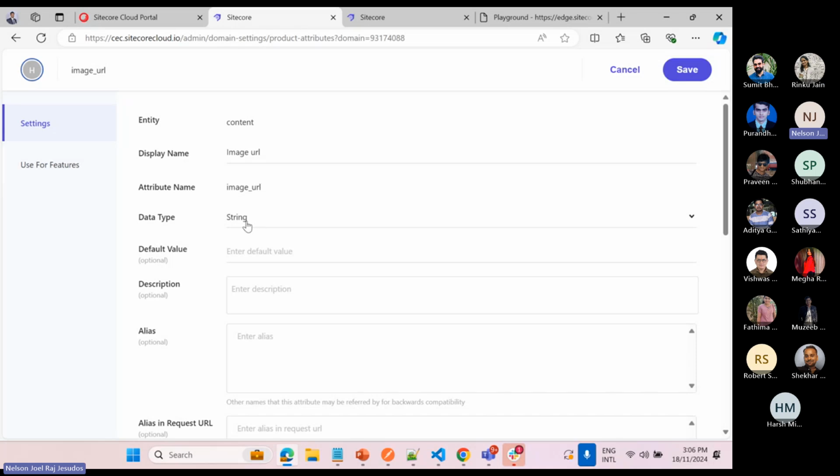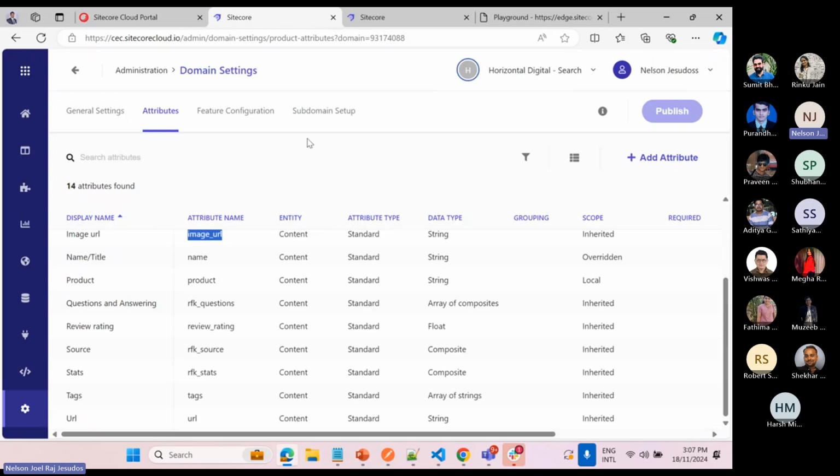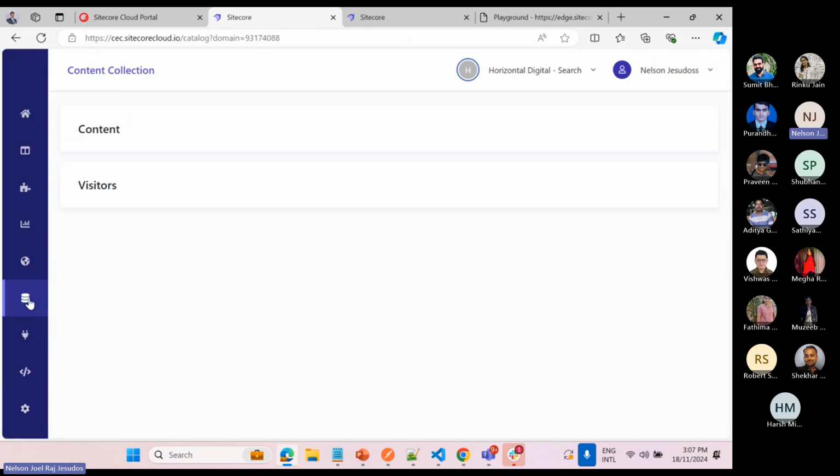Say you want to show a thumbnail image for any of the indexed items. If you create a different field instead of the image underscore URL attribute, the image will never show in the dashboard. You will be able to add the URL, but the image will never show in the dashboard. So what I mean to say is, if you go to any sources here,